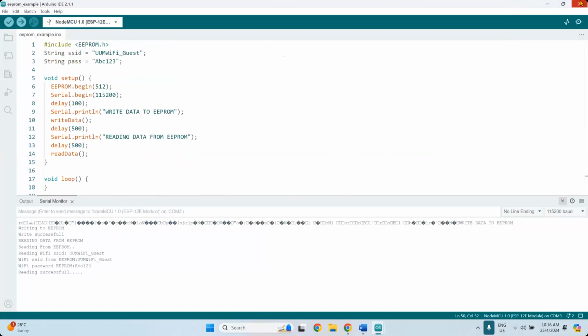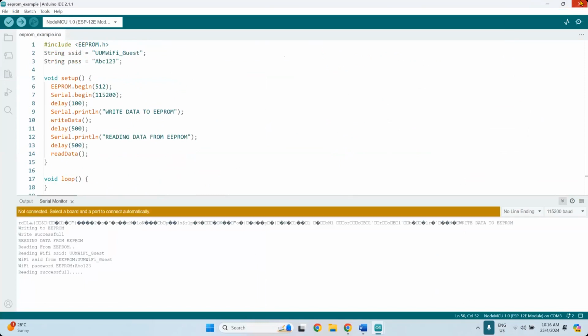Okay, so any question on this EEPROM? The data inside here is permanent. So if you take it out and then connect it back, the data will remain here, even though you don't have any power. Even though there's no power inside here at the moment, if you connect again, it will load back the data from the EEPROM memory, and then you can use the data for whatever purposes of your device. Okay, so very, very important functions to use later in the project.